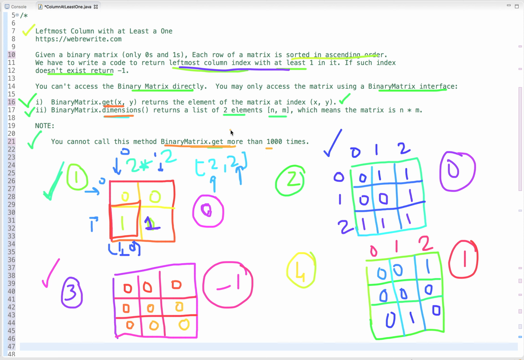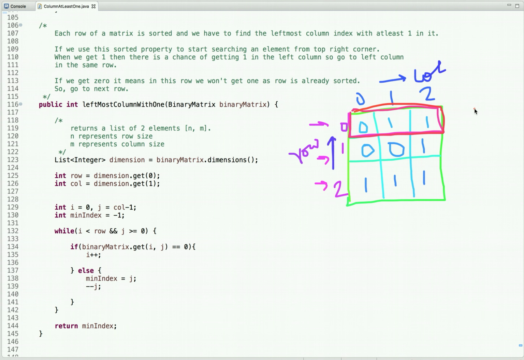In this row we get the leftmost index at column 1, in the next row at column 2, and in this row at column 0, and out of these three the minimum one is this one.